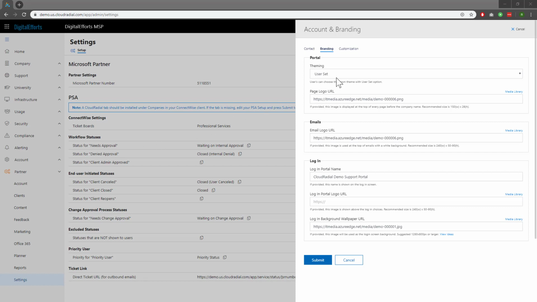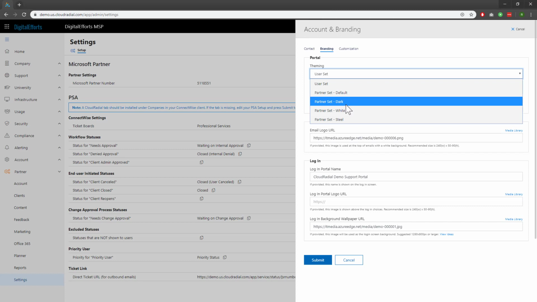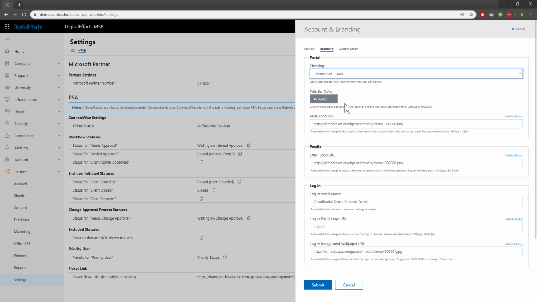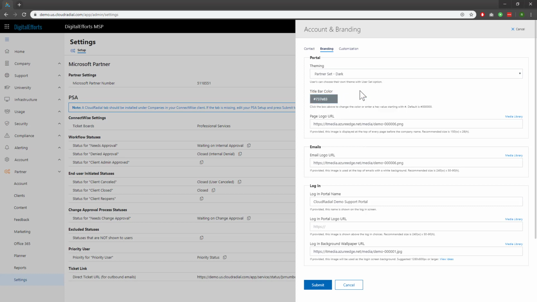Right now, I have it set to User Set, which means that users can choose their own theme as they like. However, you can also be more strict with your branding. For example, you may want to manually select a color for your title bar. To do that, click on any option besides the user set, for example, the dark theme. Once you do, you'll see an additional option for title bar color. From here, you can either specify the title bar with a hex code or with our visual editor. Remember to keep your title bar color and theme set complementary to your logo so it's easy for your clients